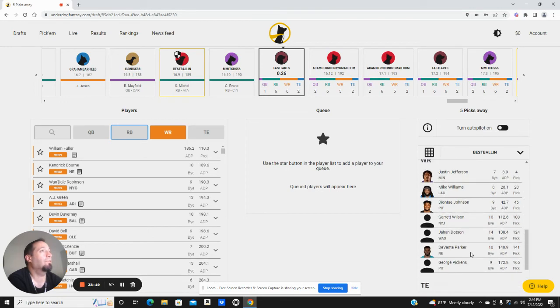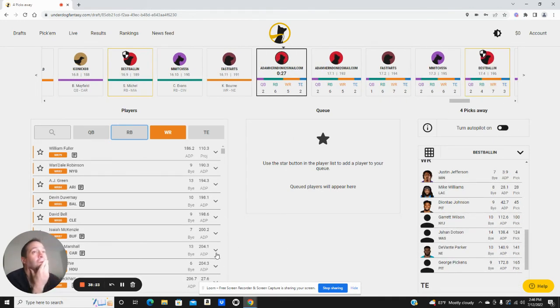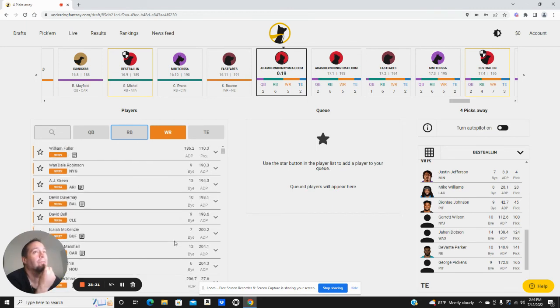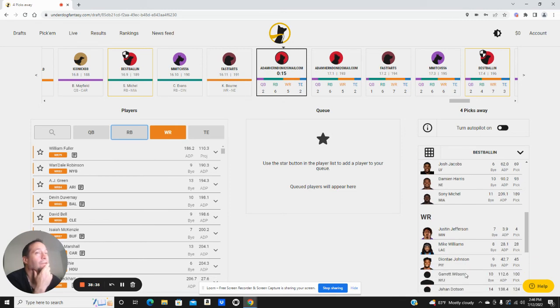I don't even think this has to be a 9 wide receiver team. It's pretty strong at wide receiver, so we still could end up with a luxury pick if we really want it. Definitely going to pick a wide receiver here right now because there's at least 3 players I like. So we could do Wandell to go with Barkley as part of that.